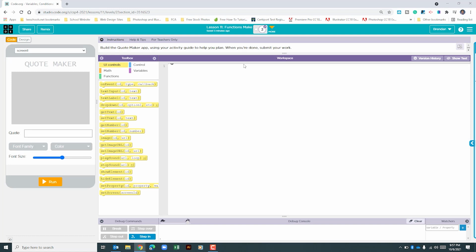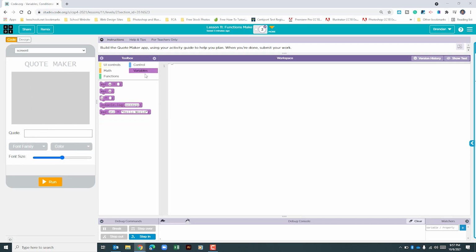As you work through the activity guide, you needed to come up with a few things, such as your variables. For this, we're going to need 4 different variables, and it's really going to correlate with the different inputs on this screen. So let's go ahead and create 4 variables. The first variable that we're going to create is for this quote box. So let's call the variable quote. And we need to set this variable to be something. To begin with, we're just going to do quote, quote, which is going to leave that empty until the text